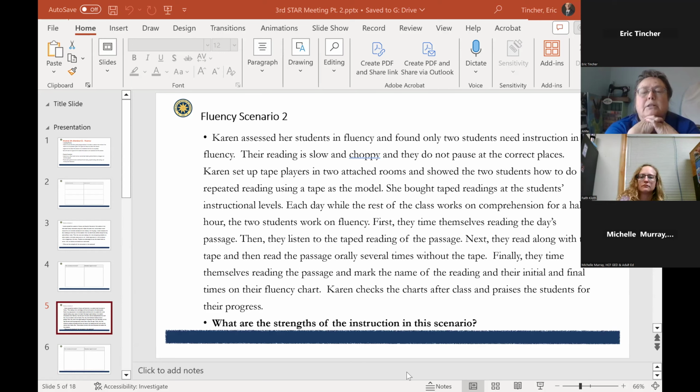Yeah, you're right. I mean, especially if she's using repeated reading for the whole class to listen to 30 minutes of that, which is pretty long, that would be a really long thing. Right. Okay. So segueing into the weaknesses,